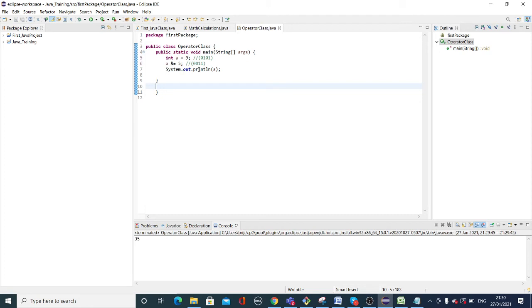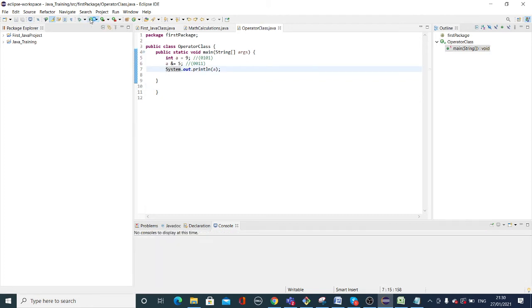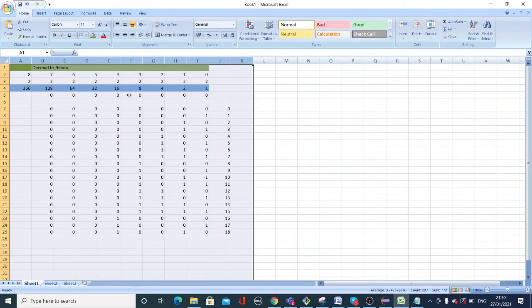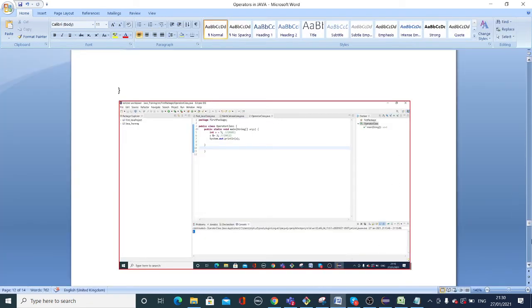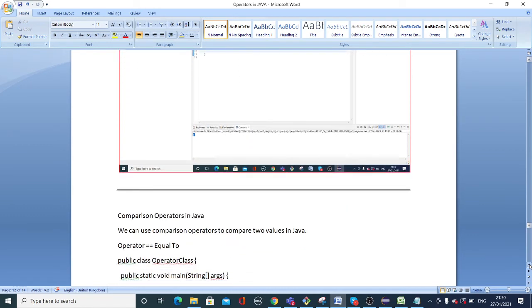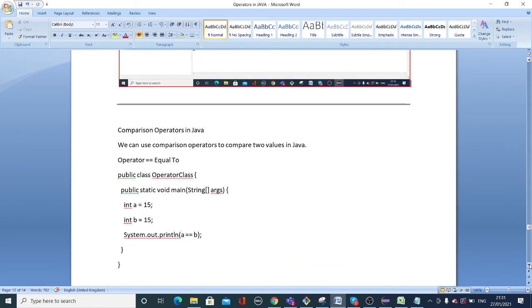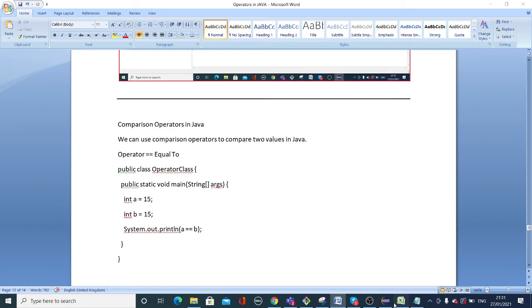A smaller number is better to understand, so we can see it. So 9 and 5 will be converted, and whatever is the common number, it is also having one number, so 1 is the common answer. Yes, understood? So you convert this value, and whatever is the common number, it should return this operator. Any question with this one? No, you explained it really well. Thank you.